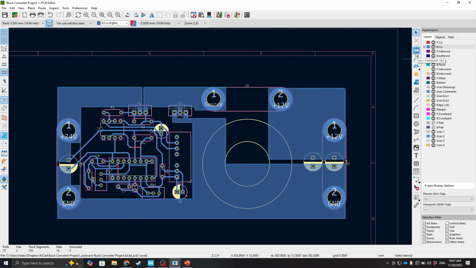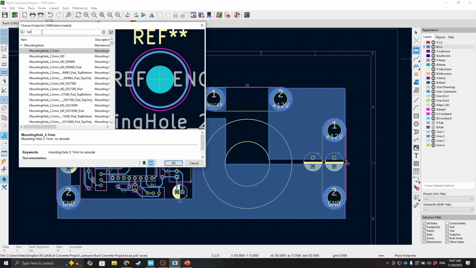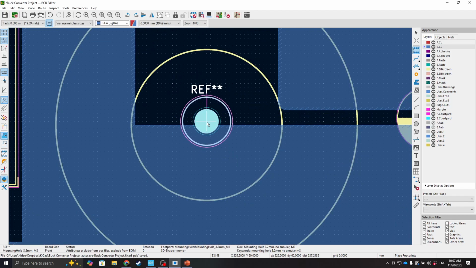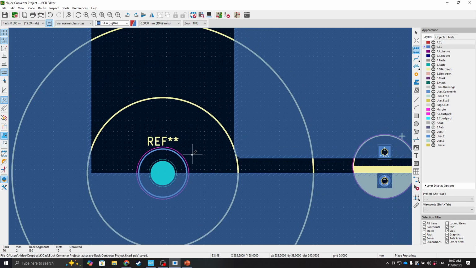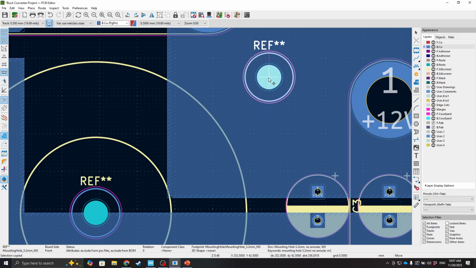Type the component, I mean the footprint, and just type mounting hole, and then I will use 3.2 for M3 and just put it in the middle like this one, and then copy this one to have maybe a diagonal,